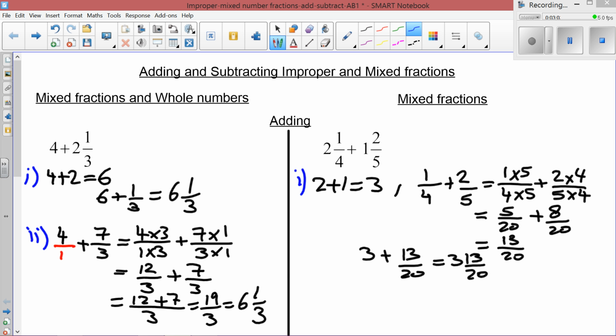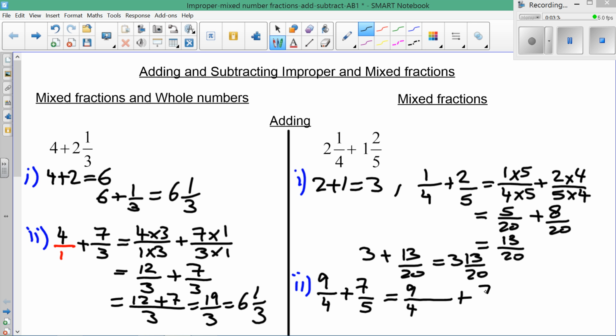The second method is where I have to change the mixed fraction into a top heavy fraction. So 2 times 4 is 8, plus 1 is 9 over 4, add 1 times 5 is 5, plus 2 is 7 over 5. I now have to create equivalent fractions for these. That's 9 over 4,